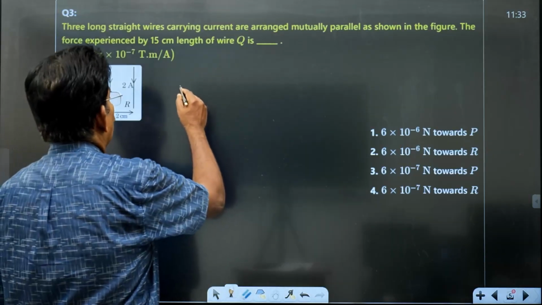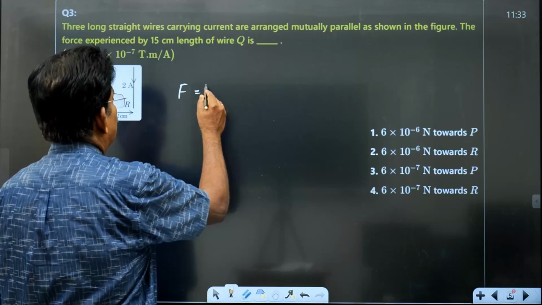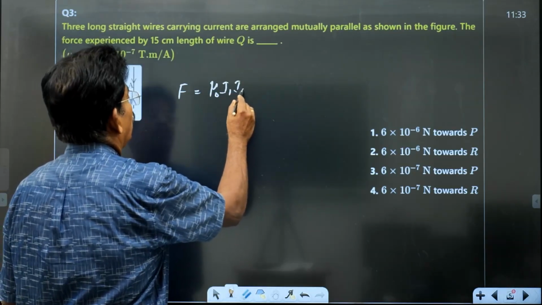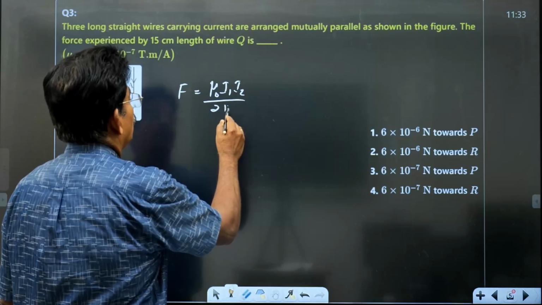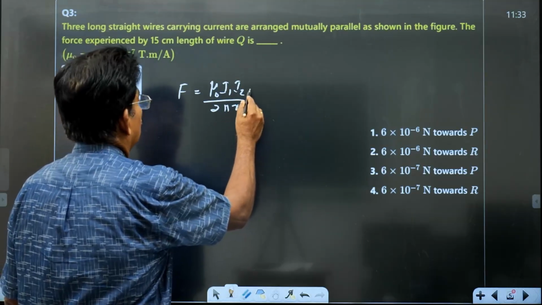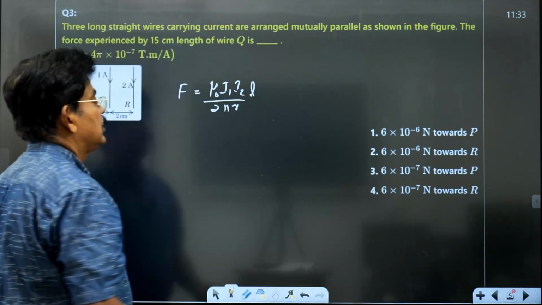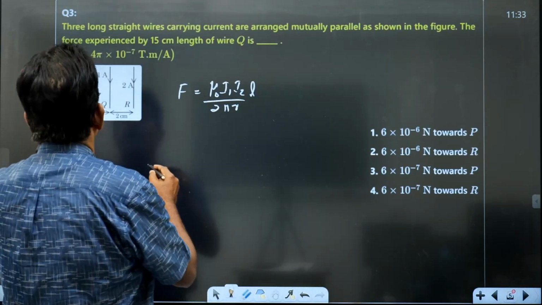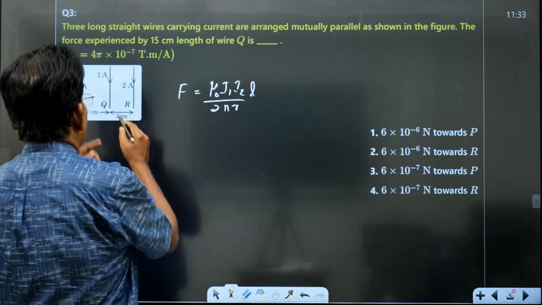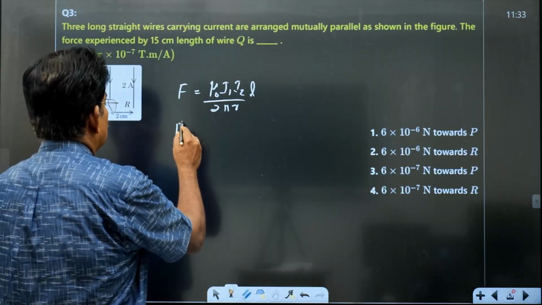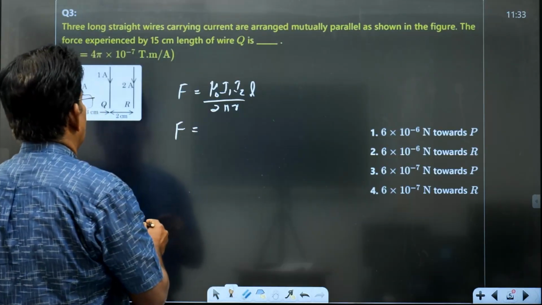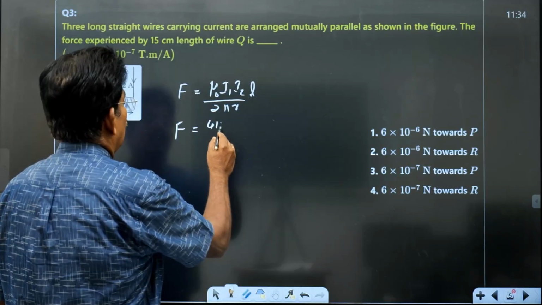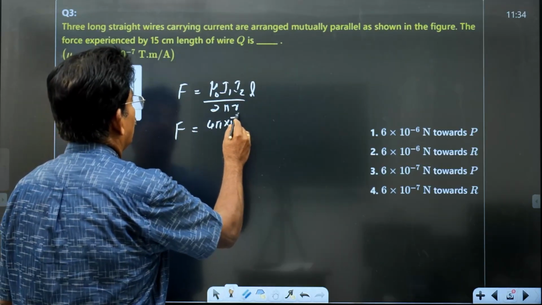Force per length, or force between any two current carrying conductors, is given by mu 0 I1 I2 by 2 pi r into length under consideration. Now force between P and Q, currents are in opposite direction. The force will be a repulsion. Force is given by mu 0 is 4 pi into 10 to the power of minus 7